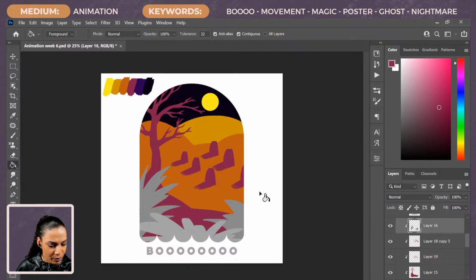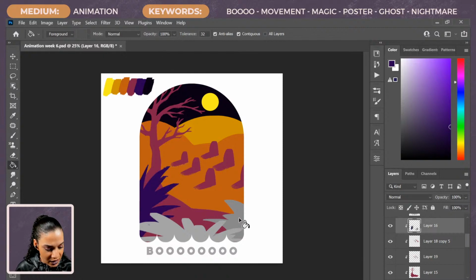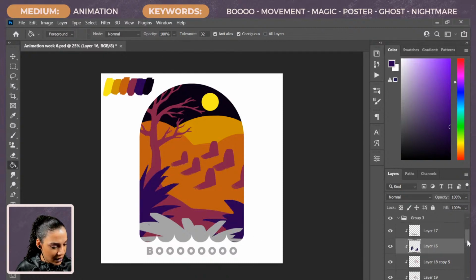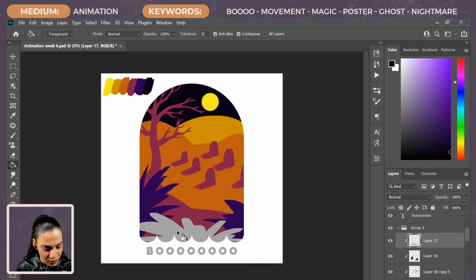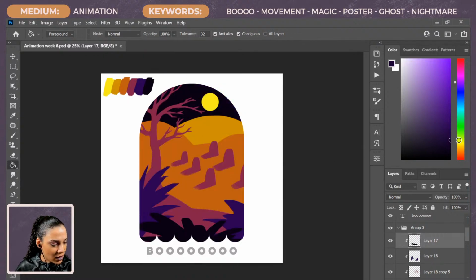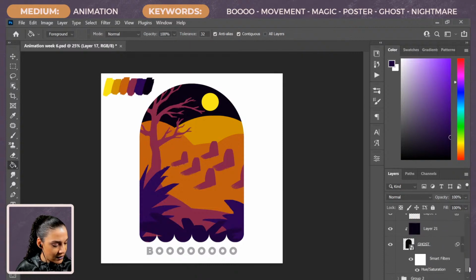And then for our bushes, we will snag this color, and for our front bushes, we will do this color. That's pretty dark. That is actually quite dark. So what I might do is change it just slightly to be more like that. And we'll do the same with our sky back here.